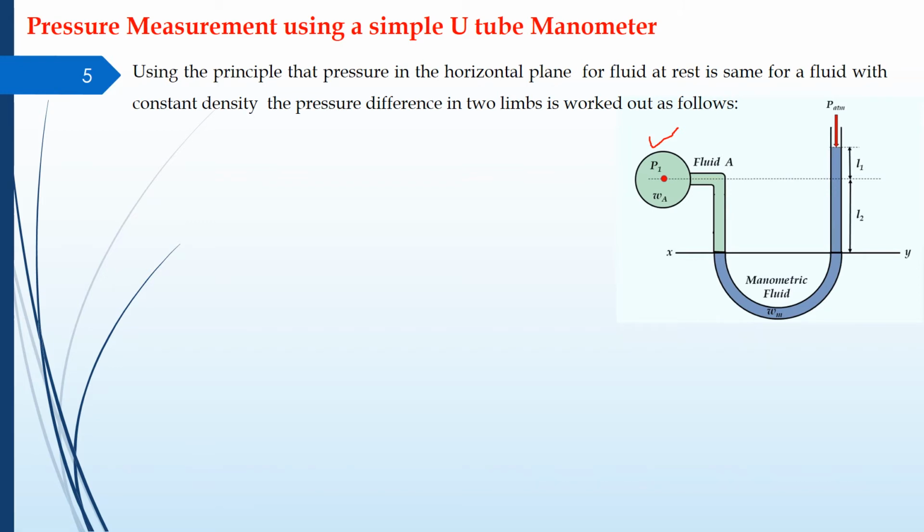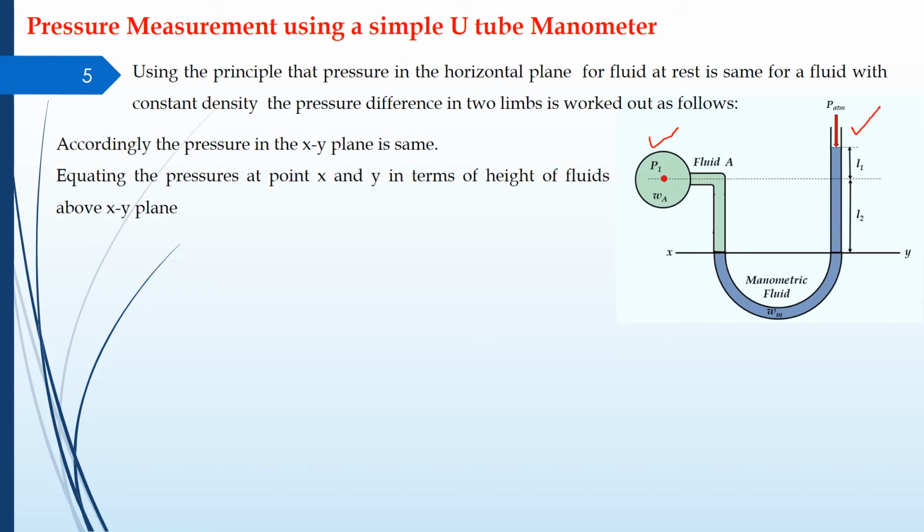A minimum of two fluids will be there in the case of a manometer. This fluid is called the manometric fluid, and it will certainly have more density, or be heavier than this fluid. That's why it will settle at the bottom. The other end of the tube will be open to the atmosphere.